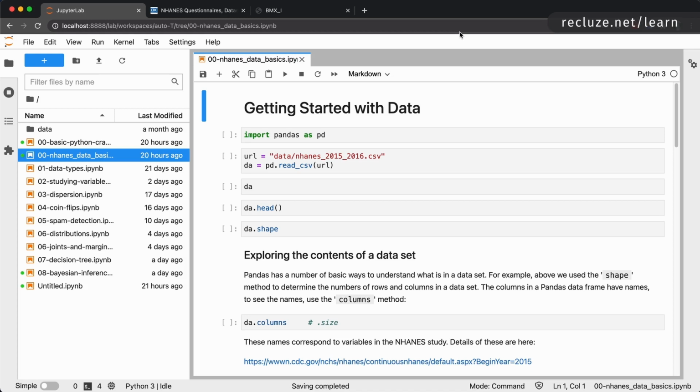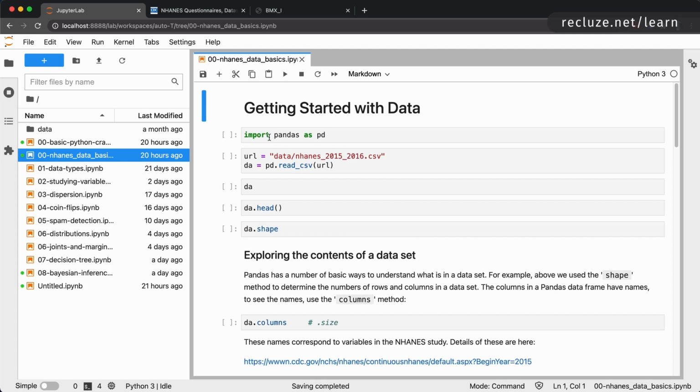So if you haven't already set up your Jupyter notebook, please go ahead and do that. If you need help with that, the previous video will guide you. Make sure that you download the resources for this course and extract the zip file for the Jupyter notebooks, which will give you all of these notebooks. As we go along this course, you can take a look at which notebook we're working on and follow along or type the code yourself for maximum benefit. Okay, so let's get started with some data.